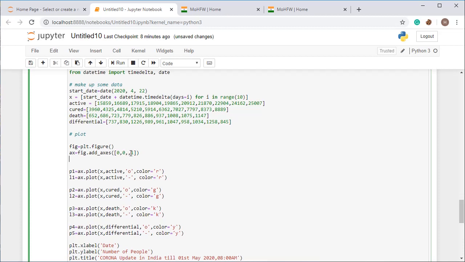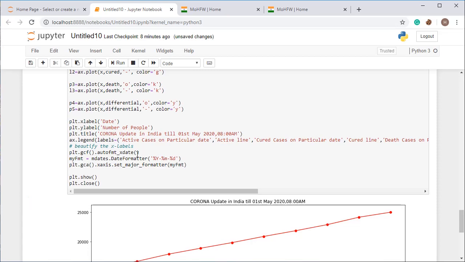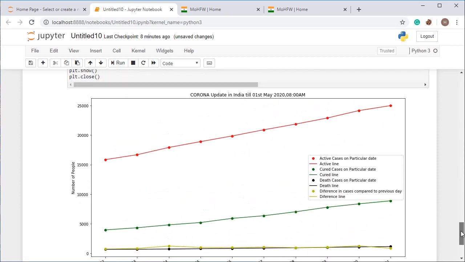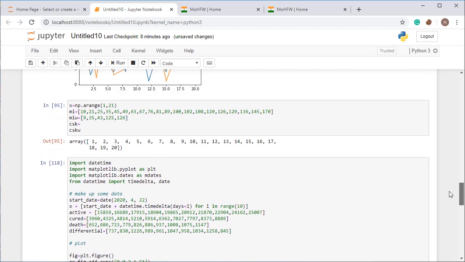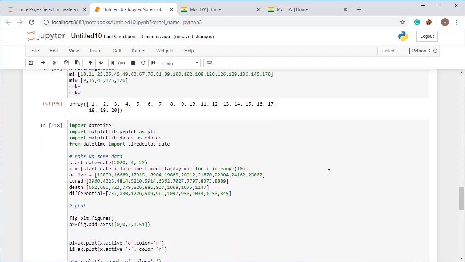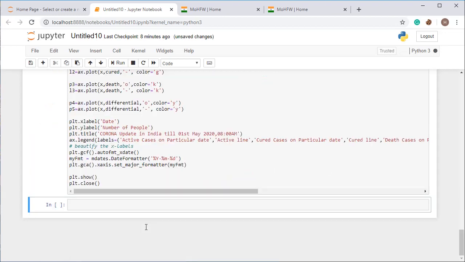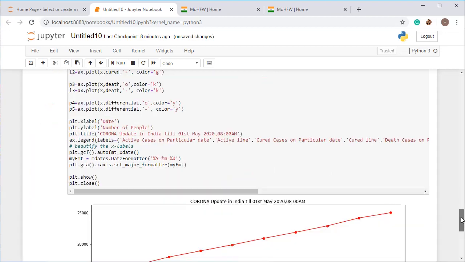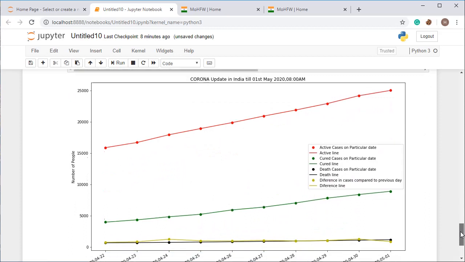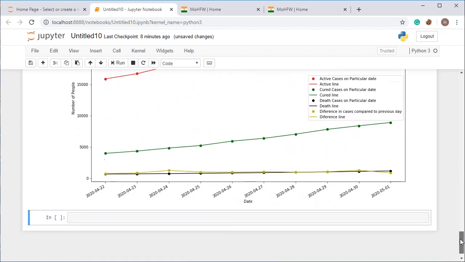So I'm changing it to 2 and then setting it to 1.5. You can see that now the graph is looking quite good, but not up to the mark. So I'm changing to 1.5 to 6 so that all the things in the graph look quite good. Now it's better.